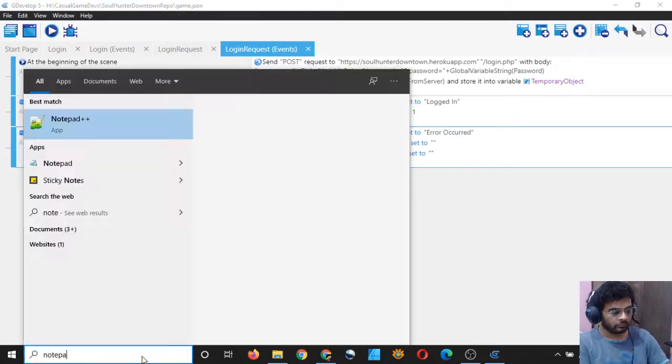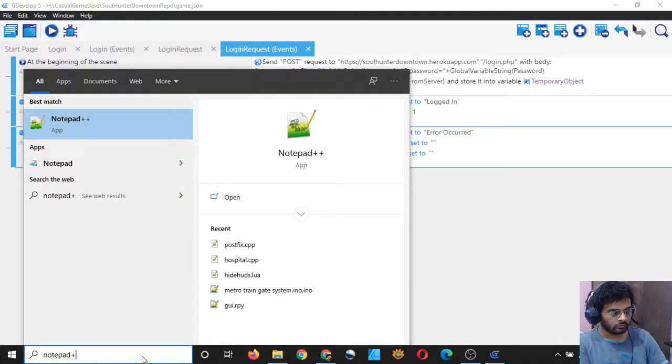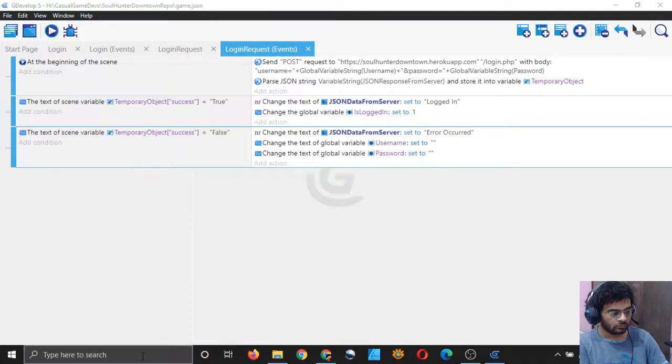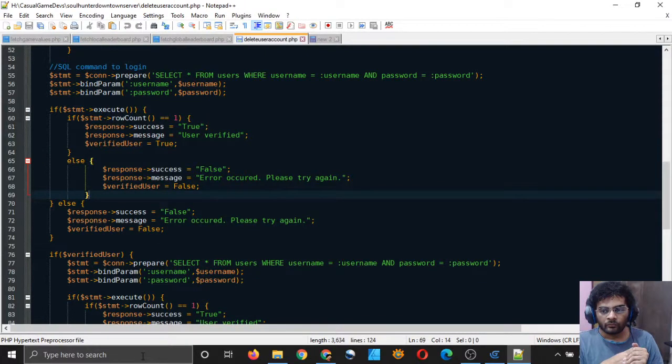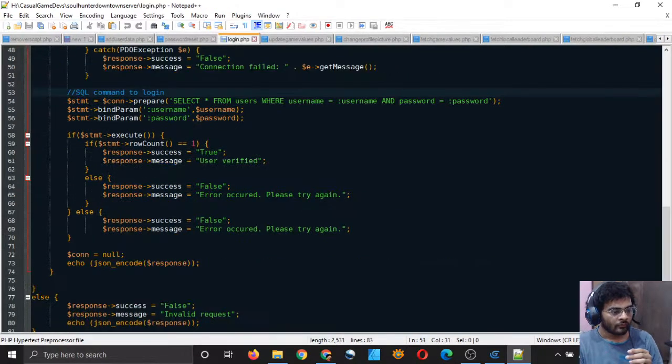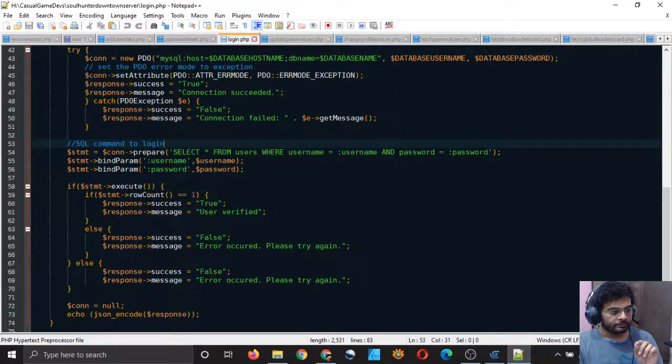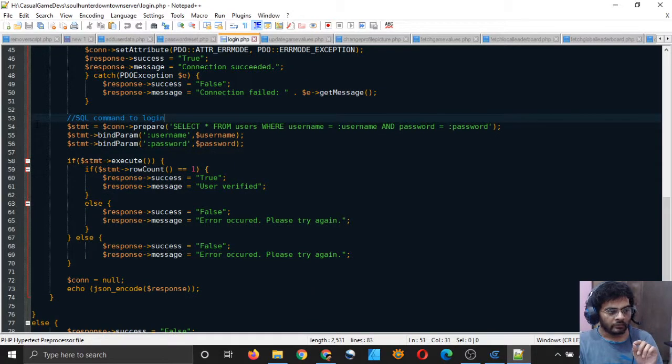So in our login script, we have to do it only in the login script and not in all these scripts.